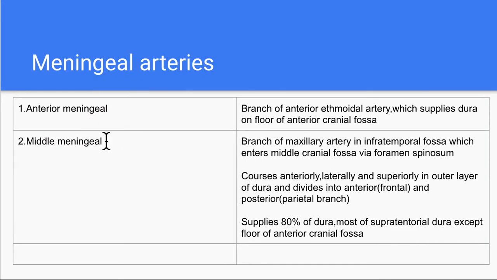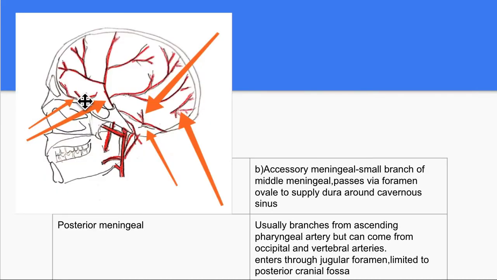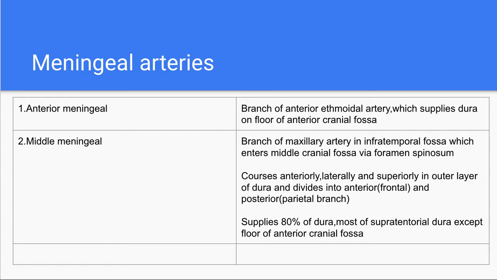Then we have the middle meningeal artery. It supplies 80% of the dura and most of the supratentorial dura except the floor of the anterior cranial fossa. Okay, so you can see it over here. This is the middle meningeal artery. It divides into an anterior and posterior branch and supplies most of the middle fossa of the dura. It is a branch of the maxillary artery in the infratemporal fossa which enters the skull through the foramen